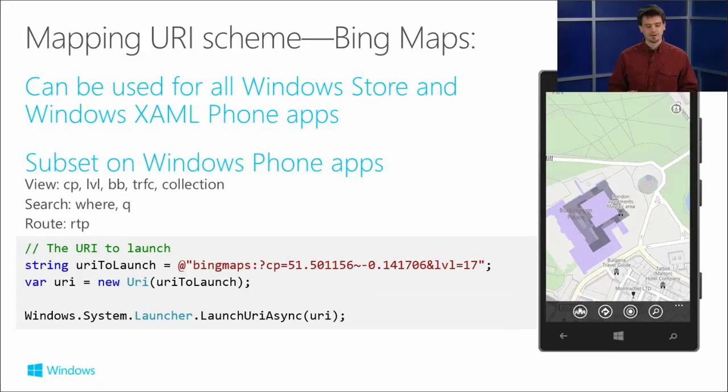You can see here there are a lot of really cool parameters that you can use on this. The CP stands for the center point. Where do we want the application to center around? We can define the zoom level. We can define a bounding box, which I believe is new for 8.1. But basically you just give it 4 points, and it does its best to fit the map for the best view for that sort of box. We can show traffic with the TRFC. We can actually point out a collection of points by giving it a collection. And then we can do queries and where.